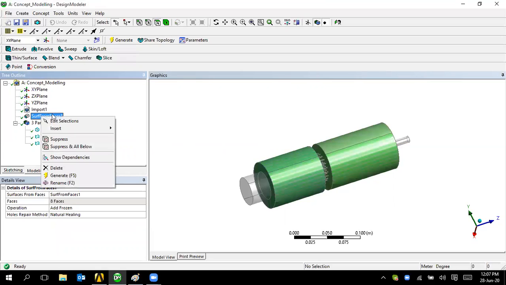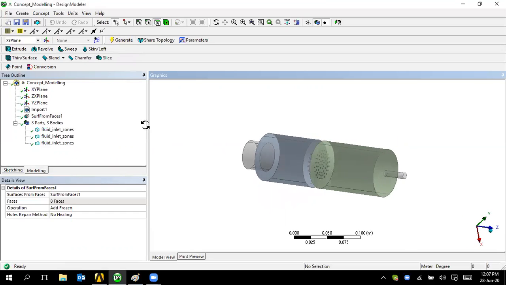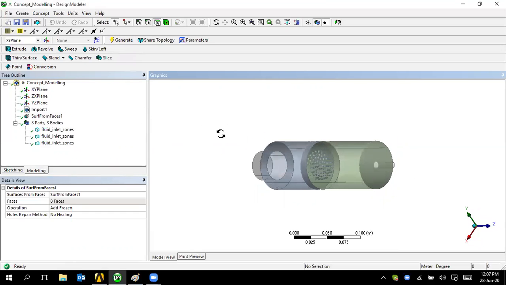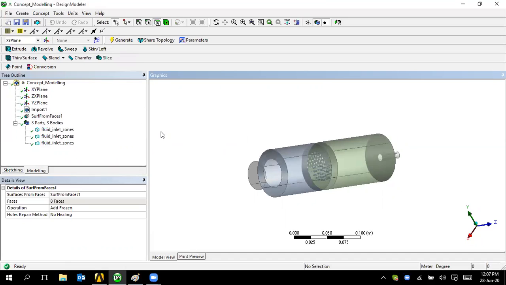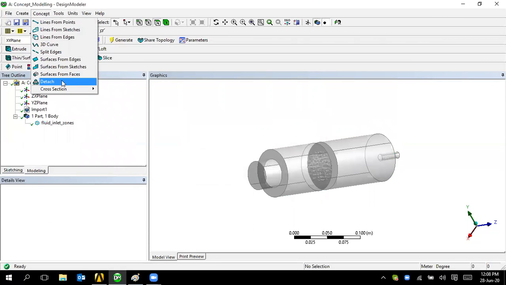Okay, that's next level. So show body. I hope you understood. Maybe if you're keeping no healing, generate it. Look at here. There are no big differences you could see, but there is a possible analysis option. We could make sure to enable it before coming to this surface from the faces.